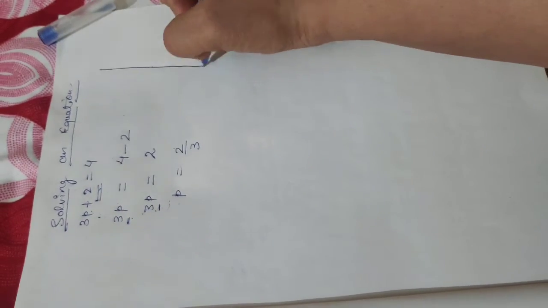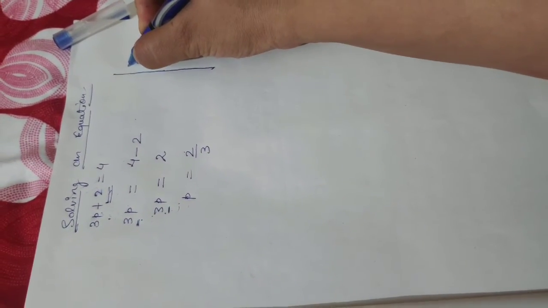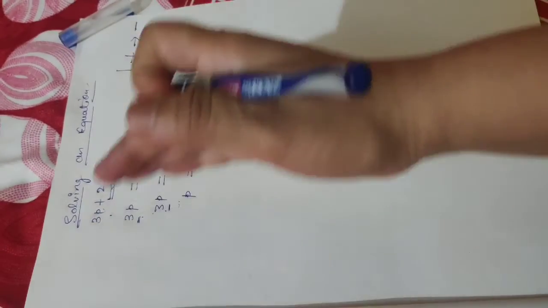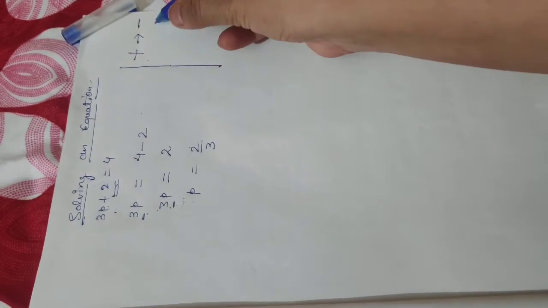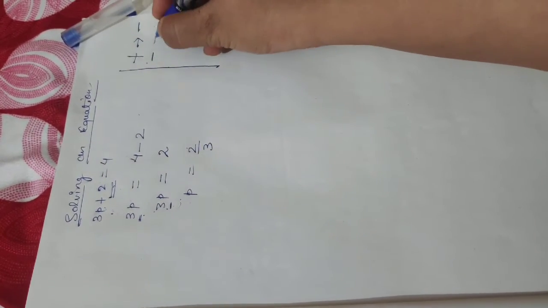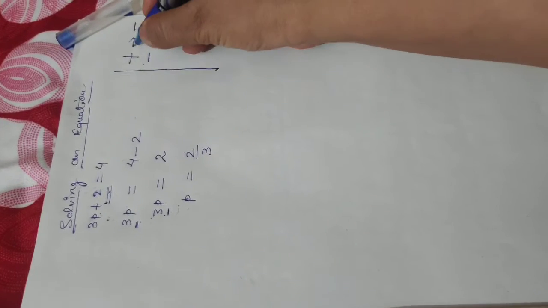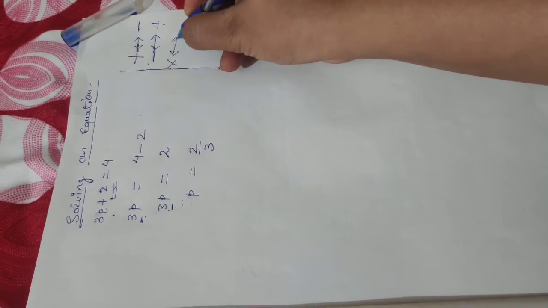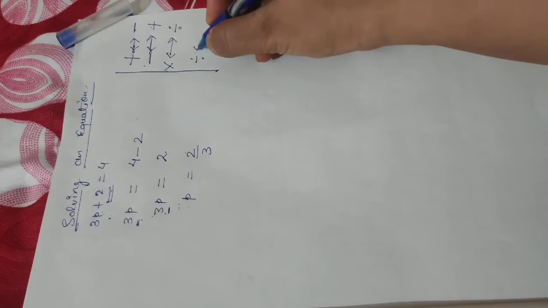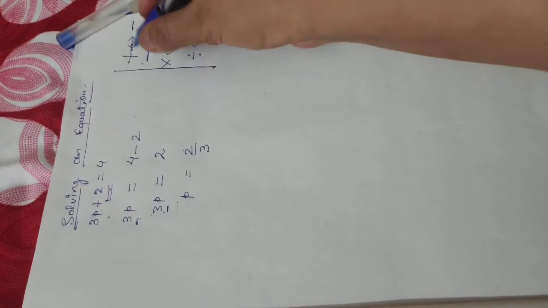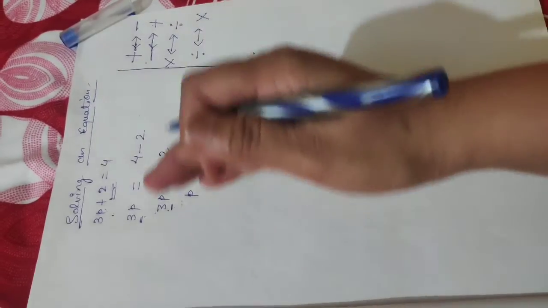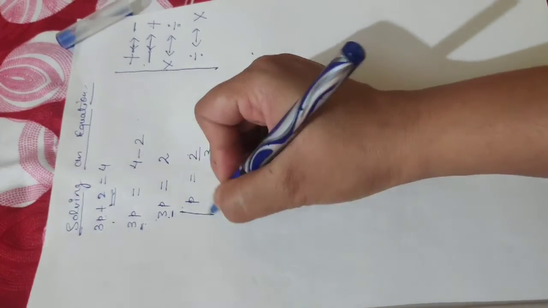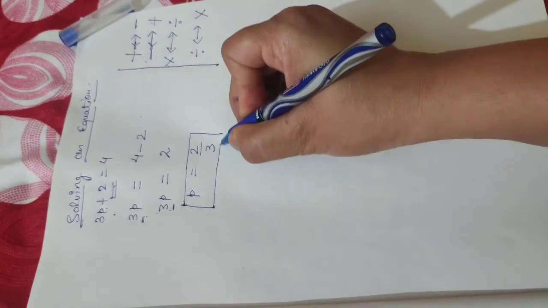I want to write all the rules to transpose the sign. If we are transferring plus, it will become minus sign on the next side. Whether we go from left to right or from right to left, plus sign will become minus sign and minus sign will become plus sign. This can be in both directions. Multiplication sign will become division sign and division sign will become multiplication sign. This is the change in sign when we are transferring any number from left to right side or right to left side. So here what will be the value of p? It will be equals to 2 by 3.